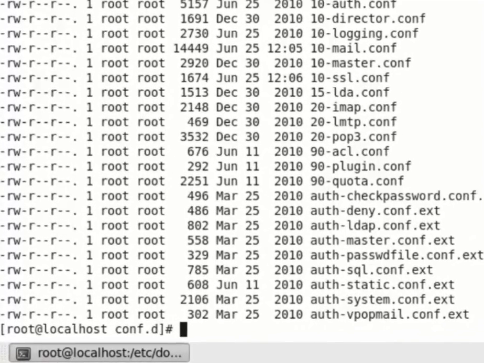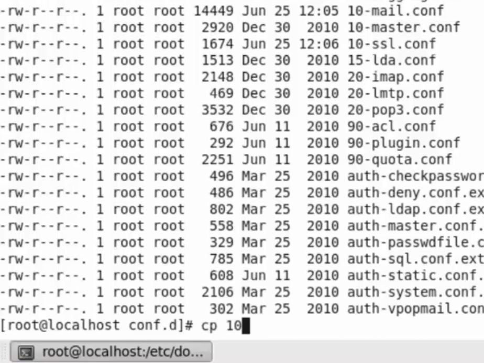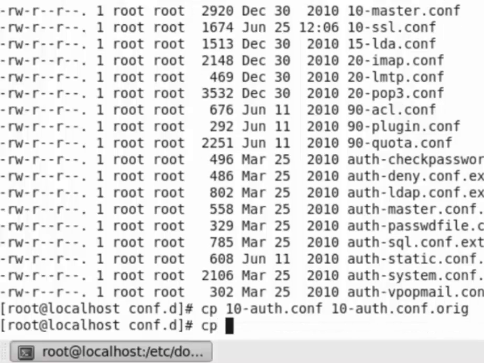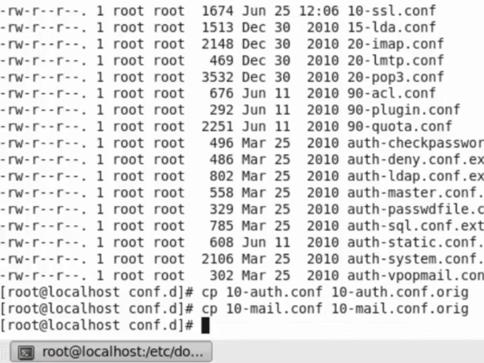So let's go and make a copy of the 10-auth.conf. Let me do a copy on 10-auth.conf and copy that out to 10-auth.conf.org. And then let's copy the 10-mail.conf and copy that out to 10-mail.conf.org as well. So we have copies, backups of both of those. And now let's do a vim on